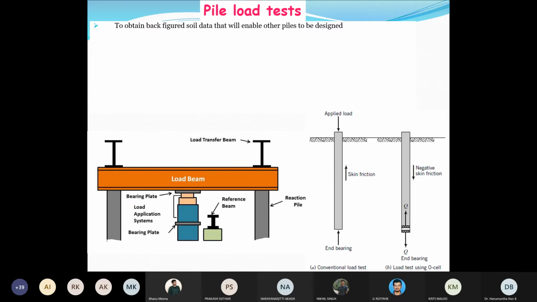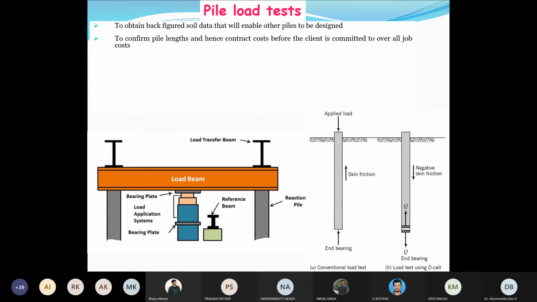So one of the core objectives of any field load test, here the pile load test, is to confirm that the soil data obtained by making a borehole is correct, and the same data can be used for design of other pile foundations or a group of piles. Another important objective is to confirm pile length and hence contract cost before the client is committed to